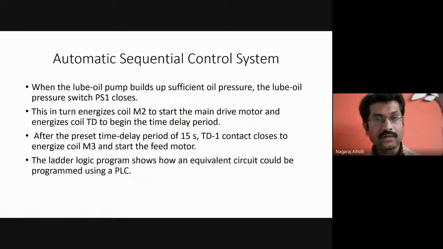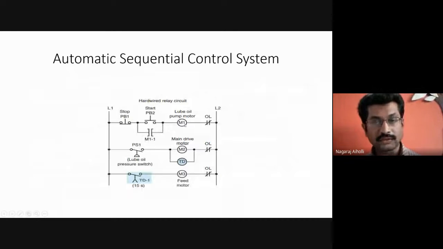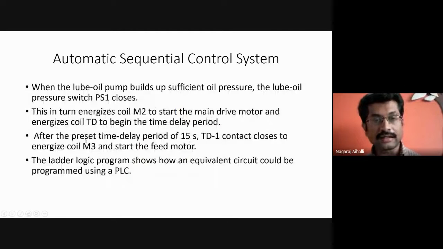When the lubricating oil pump builds up sufficient oil pressure, the lubricating oil pressure switch PS1 closes. This in turn energizes coil M2 to start the main drive motor. Once the lubricating pressure switch is closed, it turns on the main drive motor, and energizes coil TD to begin the time delay period. After the preset time delay period of 15 seconds, TD1 contact closes to energize coil M3 and start the feed